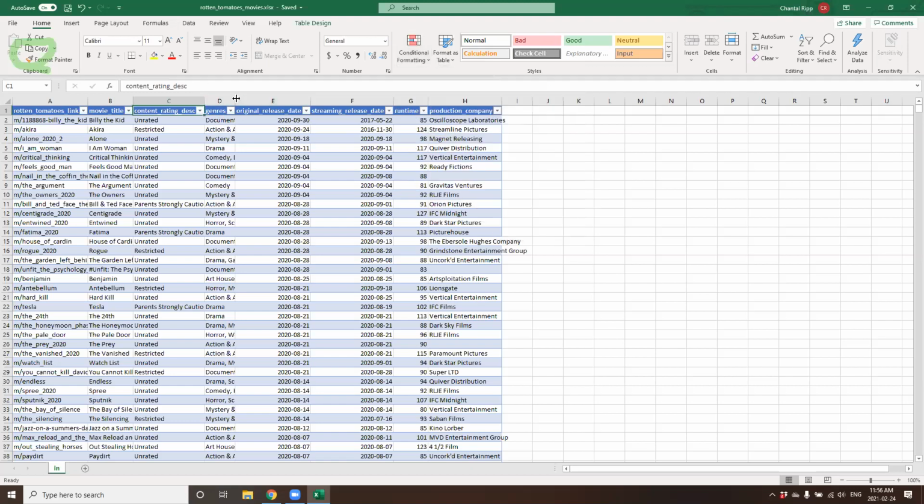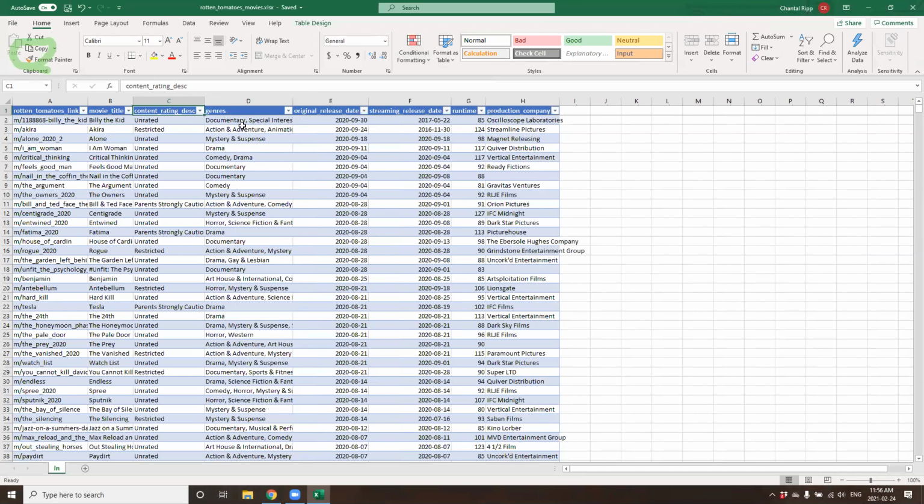If I click on my genre table here, I can see that there are various genres, categories, and these are separated by commas. So I can see within this column, the movie Feels Good Man is identified as a documentary, whereas the movie Akira is action, adventure, animation, drama, mystery and suspense, science fiction, and fantasy.